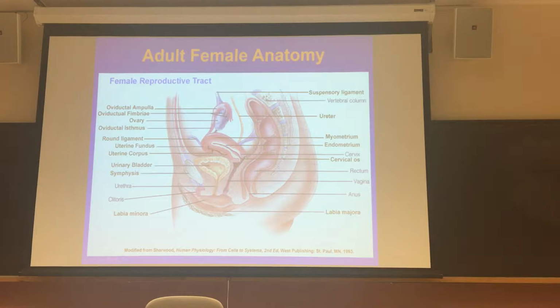The ovaries are suspended in the middle of the abdominal cavity, or actually near the back wall of the abdominal cavity, by the suspensory ligament. They are vascularized by the uterovarian artery and the uterovarian vein. In many mammals, the surface of the ovary is exposed directly to the fluid space